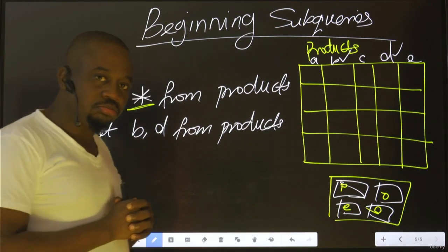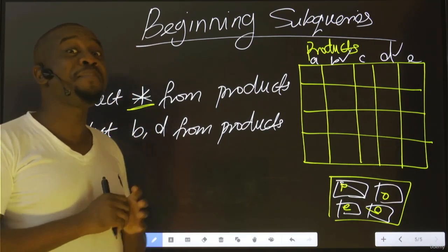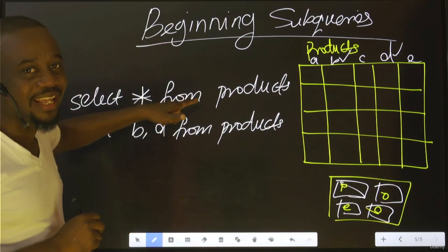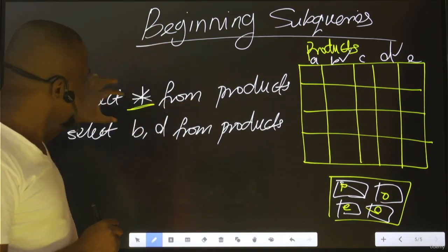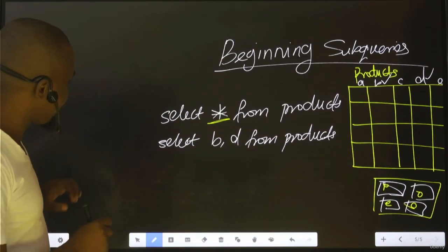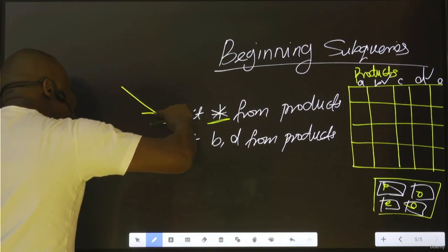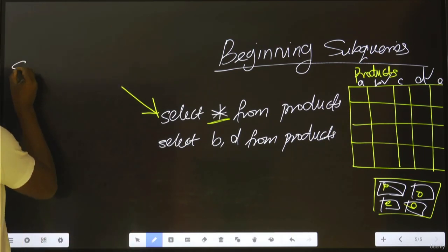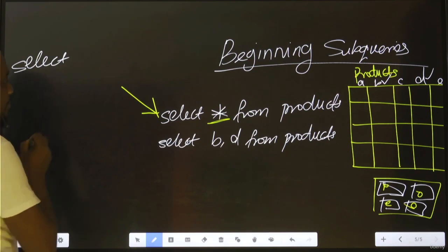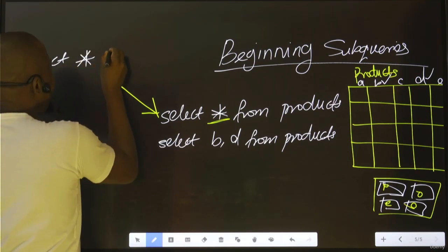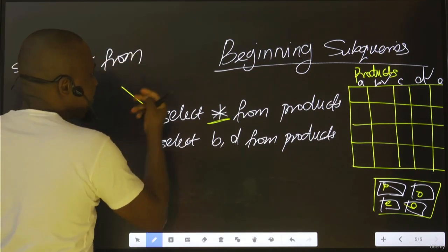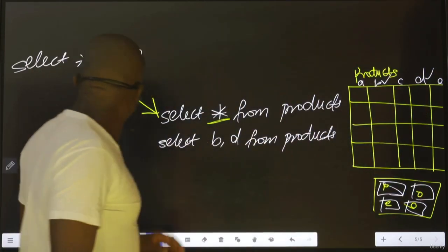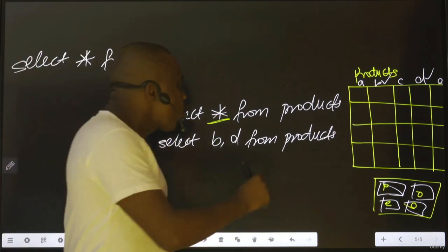Now, let me now introduce subquery. I want to use subquery here to achieve the same thing. I take you here. I want to use subquery to achieve the same thing. See what I'm going to do now. I will do select asterisk from. Let me remove this from here because I don't need it anymore. Okay? From, you agree with me